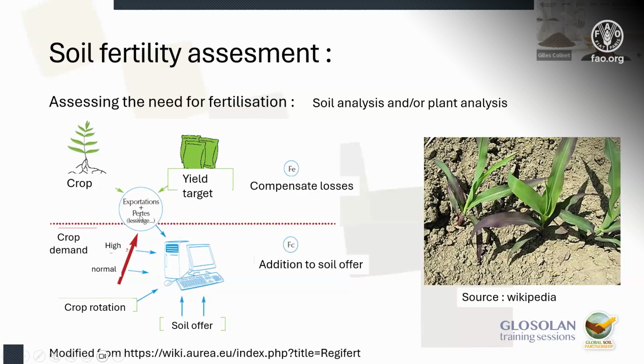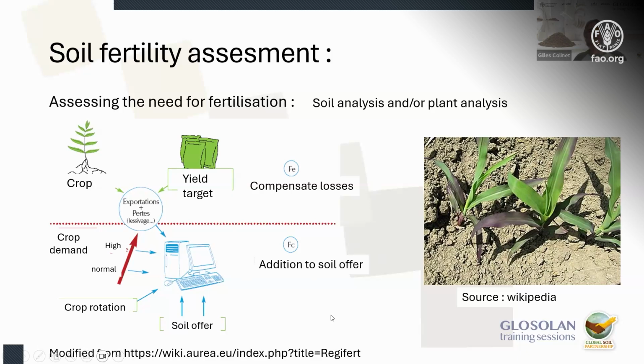So it means that, as we saw, the sugar beet, for example, might have a high demand of phosphorus and potassium. You define what the soil can offer. The crop rotation means that maybe before your crop there was a legume that will leave some nitrogen in the soil and so on. And so you can define your fertilization as first a compensation of the losses by exportation and the losses in the system, and an addition to the soil offer